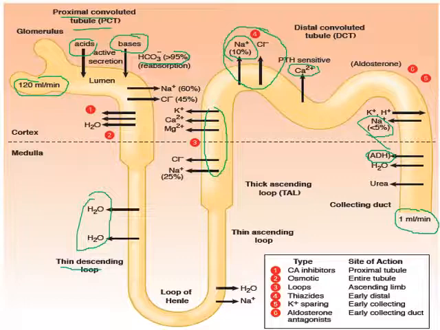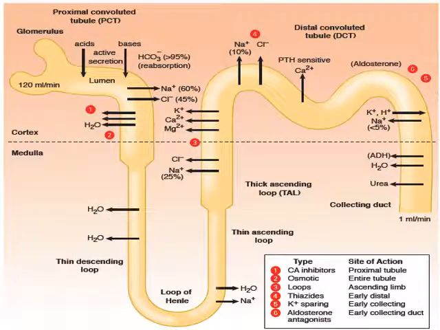So this is the definition of a diuretic, and we have different types of diuretics and their sites of action. One of the agents can block the enzyme which is present in the PCT. The name of that enzyme is carbonic anhydrase, and the carbonic anhydrase enzyme is responsible for the reabsorption of bicarbonate. So those are called carbonic anhydrase inhibitors, and they will act in the proximal convoluted tubule.